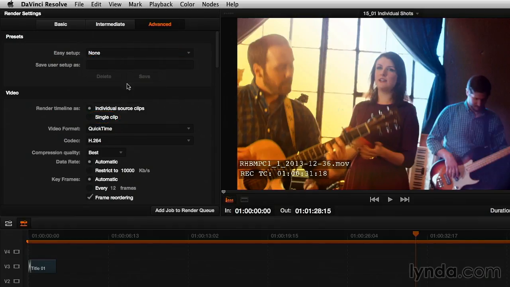Let me turn to none and go to single clip. And it's not letting me go single clip. Why is this? Because DaVinci Resolve refuses to render out a filtered timeline, like we have with these blue flags, as a single clip. Instead, they have to be rendered out as individual shots,